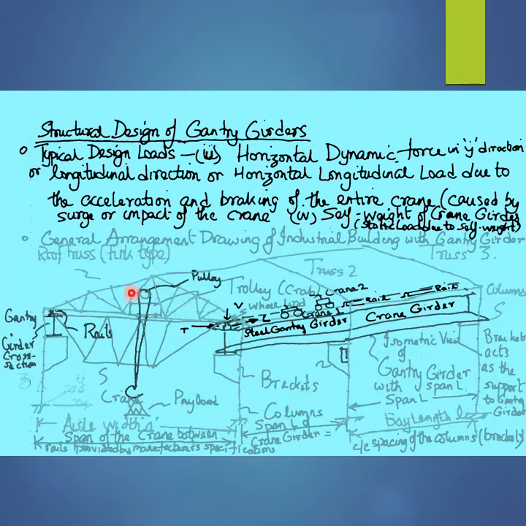And the horizontal transverse motion due to the movement of the loaded trolley or crab in the horizontal transverse direction X over the crane,